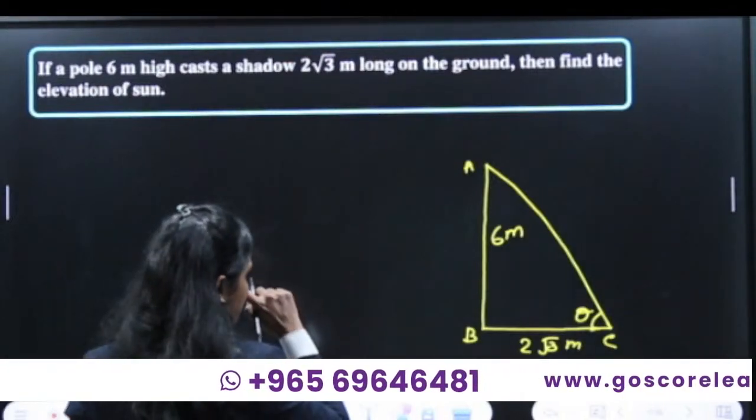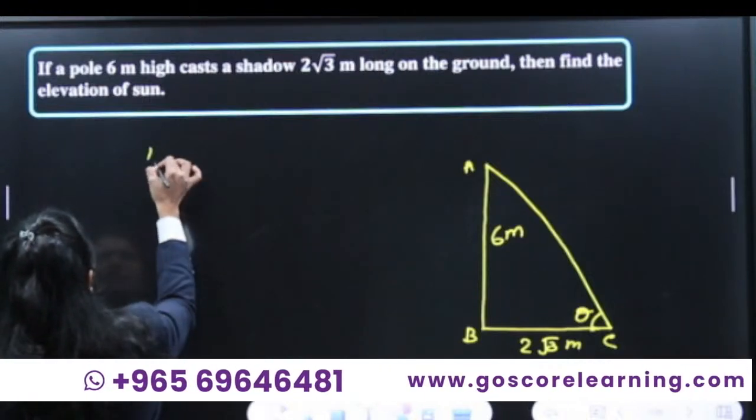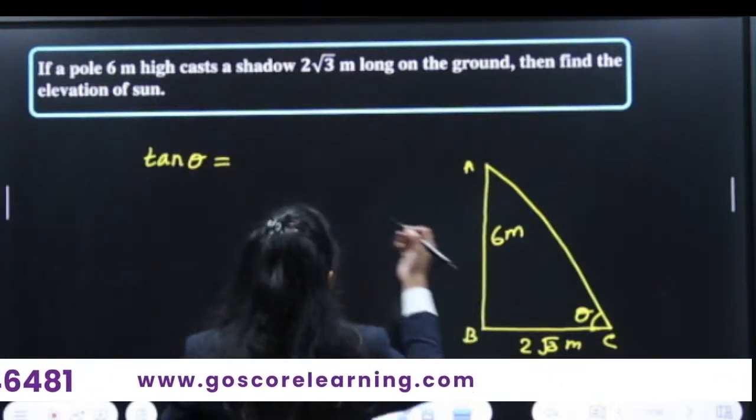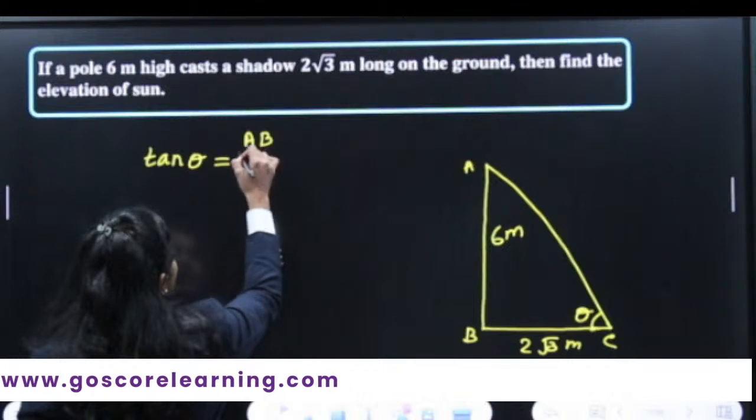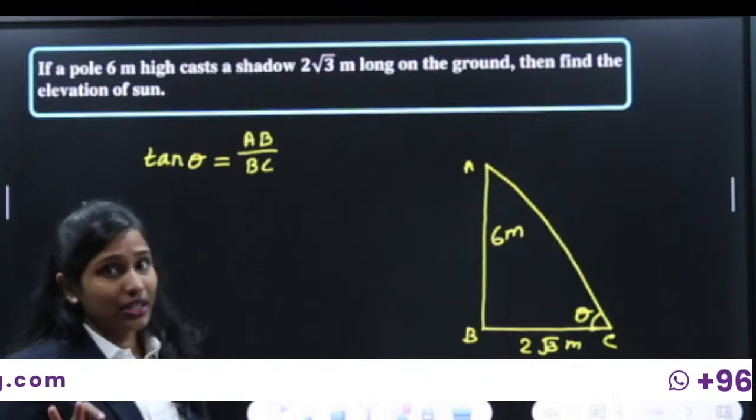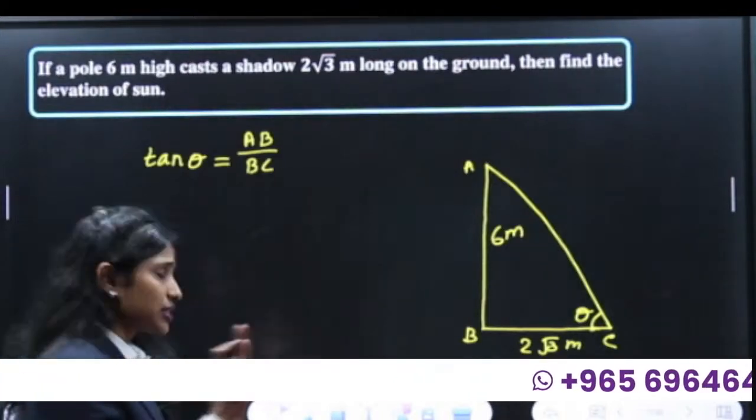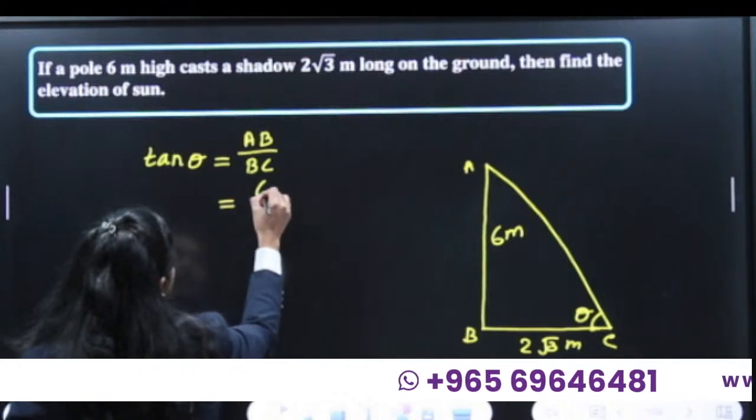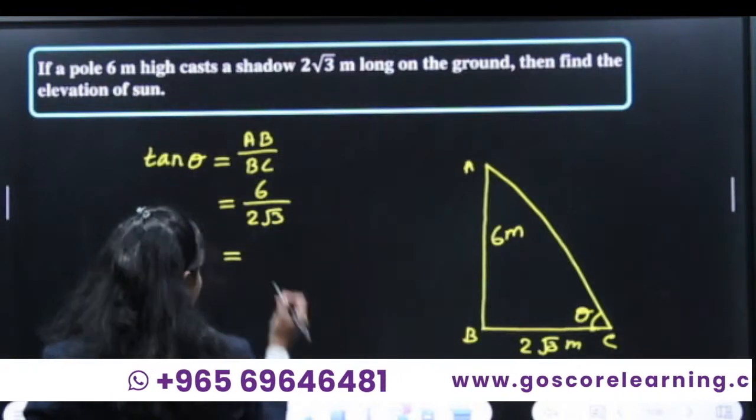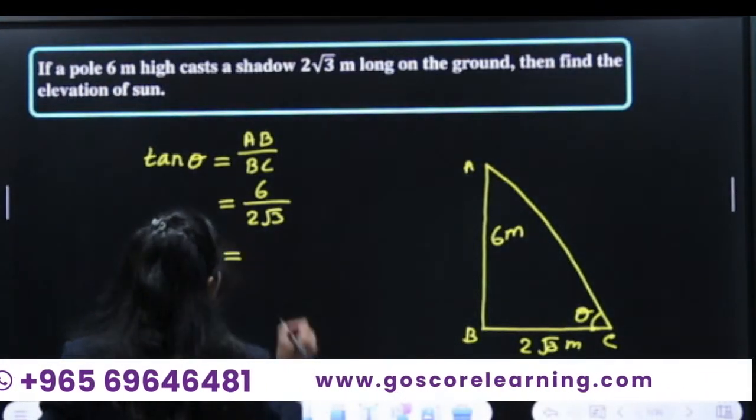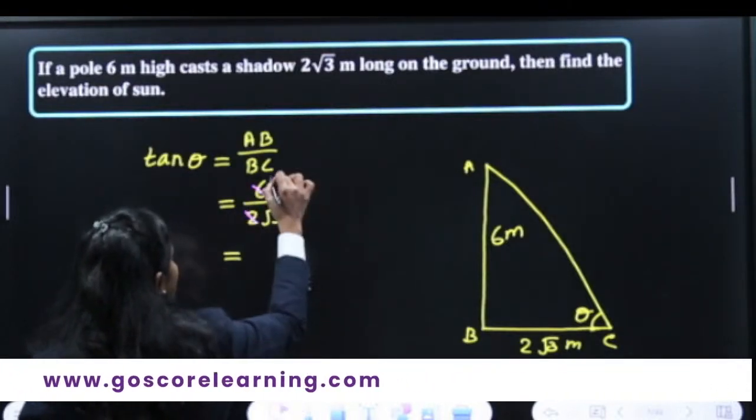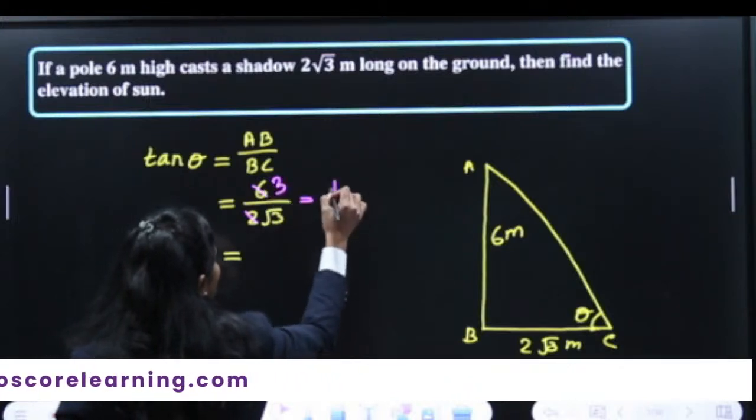Now for that we will take tan theta. What is tan theta? Tan of this angle. Tan theta is equal to opposite, that is AB, divided by adjacent, that is BC. In this question we don't know the value of tan theta. We will find it. So tan theta is equal to AB, which is 6, divided by BC, which is 2 root 3. We can cancel. When we cancel, the 6 and 2 will get cancelled and we will get 3 here, and 3 and root 3. What is 3? 3 is root 3 into root 3,